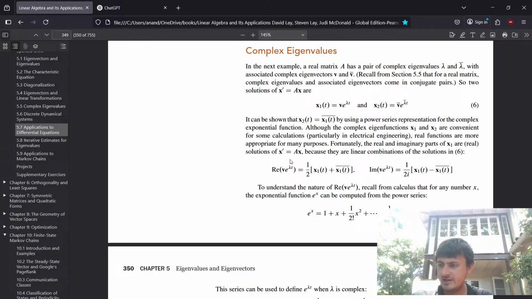Recall, for a real n by n matrix, complex eigenvalues come in conjugate pairs. So assume